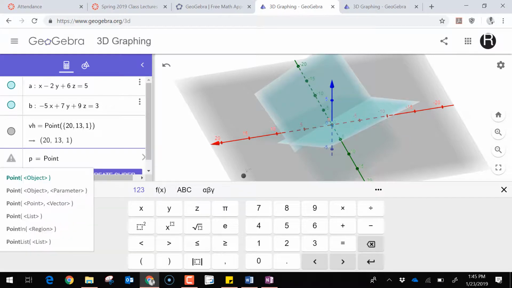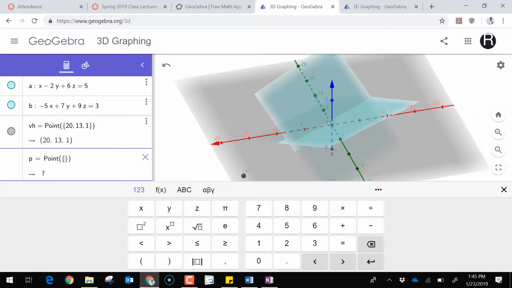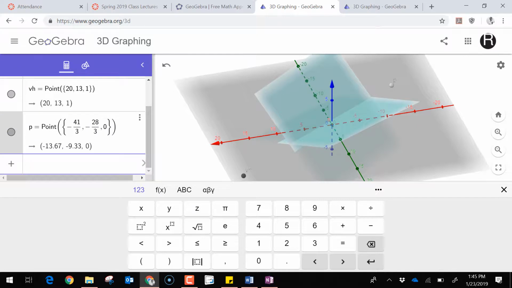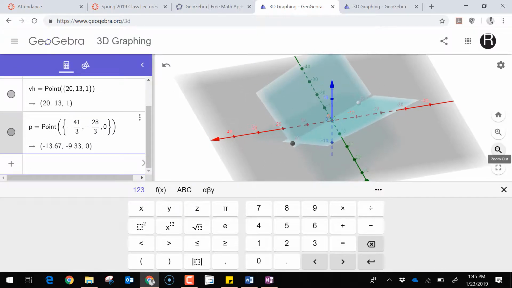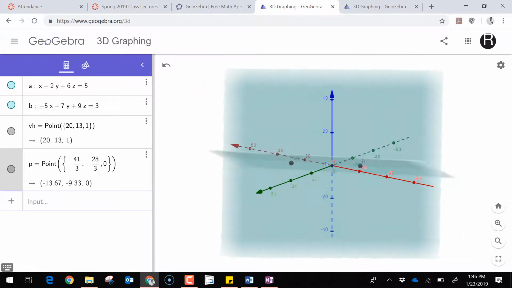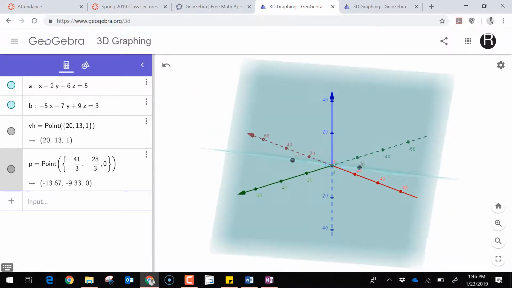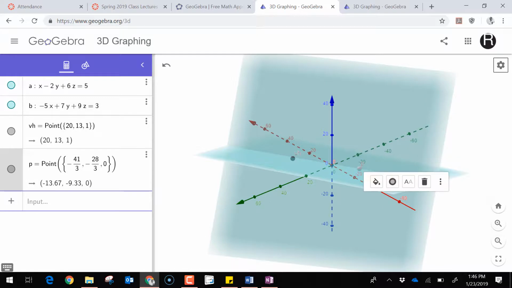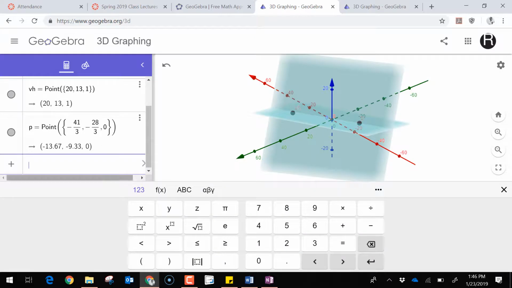So P equals negative 41 over 3, negative 28 over 3, and 0. So this is this point right here, right? Now if I want to draw a vector, if I want to add those two,